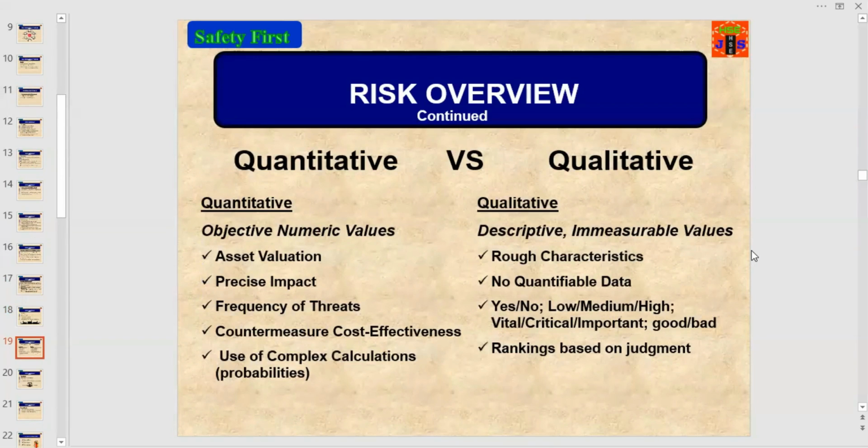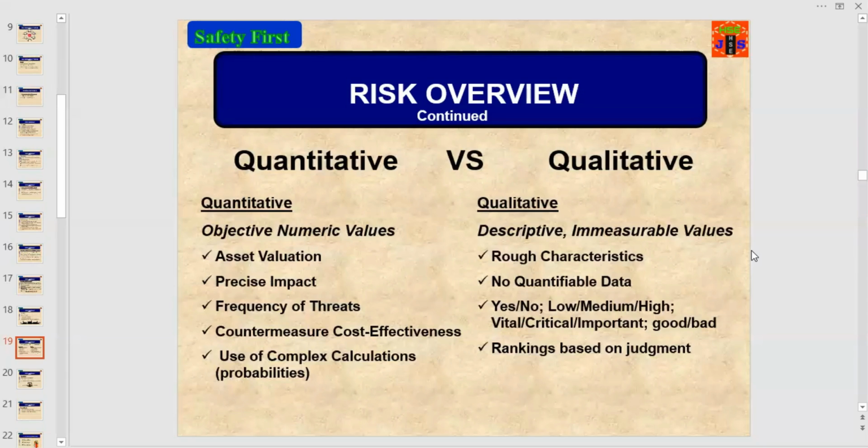Let us find the difference. What is quantitative and what is qualitative? Quantitative is objective numeric values, while qualitative is descriptive immeasurable values. In quantitative, asset valuation, precise impact, frequency of threats, countermeasure, cost effectiveness, and use of complex calculations. Those are the probabilities. These all elements will be the part of quantitative risk assessment or analysis, while in qualitative,